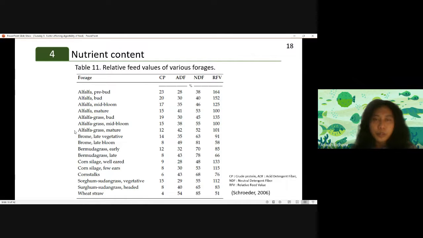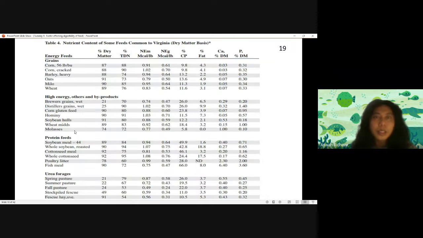Almost all forage has a limitation, which mostly comes from the lignin content. If the lignin content is high, it may reduce digestibility. And of course, the more mature it is, the more it will reduce the nutrient content, like the crude protein content in this case. And also